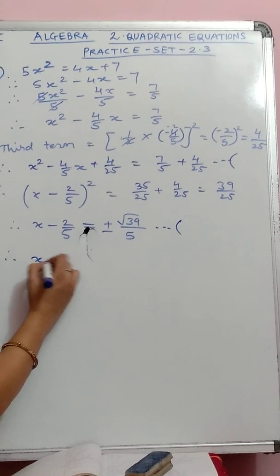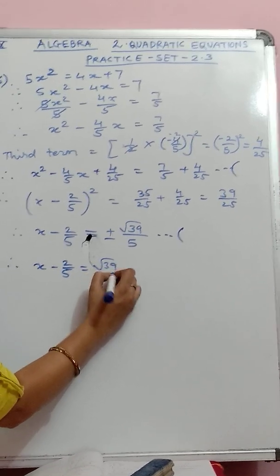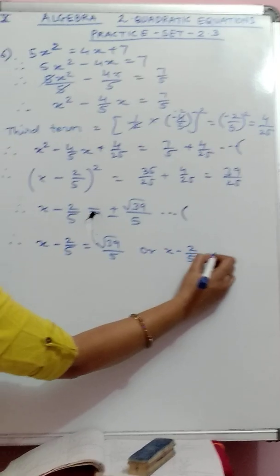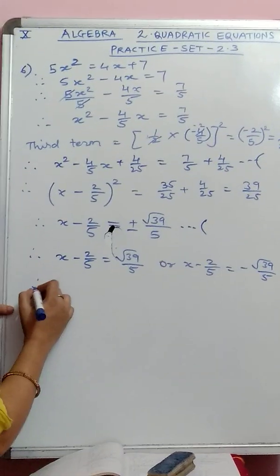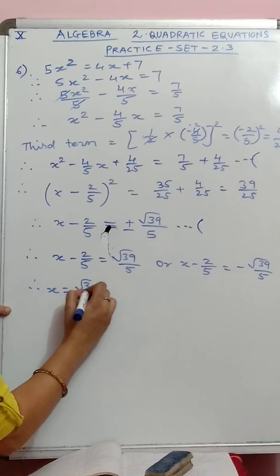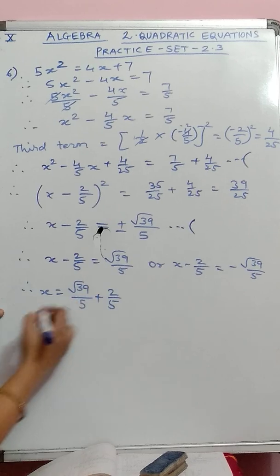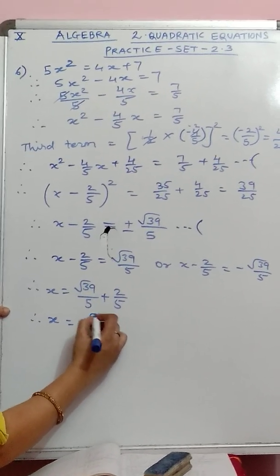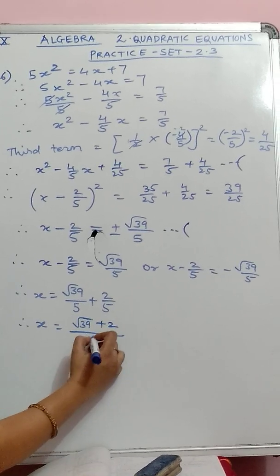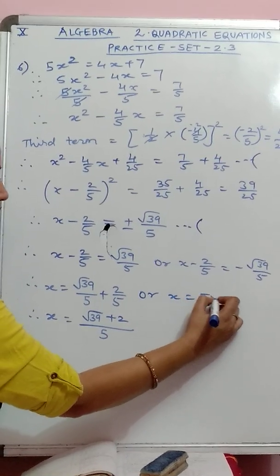Now x minus 2 upon 5 is equal to either root 39 upon 5 or x minus 2 upon 5 is equal to minus root 39 upon 5. So x is equal to root 39 upon 5 plus 2 upon 5. It was minus, so it will become plus. X is equal to root 39 plus 2 upon 5 because the denominator was same. Or x is equal to minus root 39